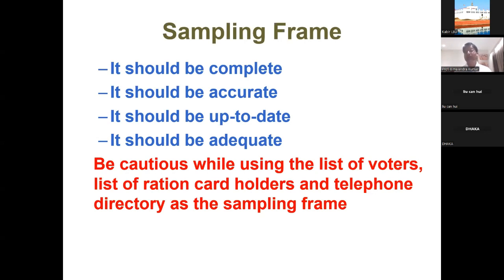There are so many bogus ration cards which are being issued by the municipalities of the district or the state also. So these are not the method of our sampling: the list of the voters, ration cards, and the telephone directory. A research scholar should not be dependent on these types, because they are not going to give up-to-date, accurate or adequate findings